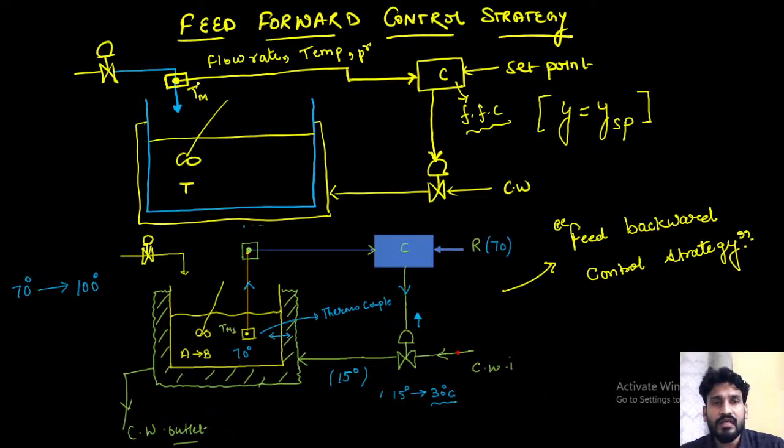This controller, or you can say this measurement, has to be programmed like that, so that every parameter is measured. If the flow rate changes, this has to be measured. If the temperature changes, this has to be measured. If the pressure changes, it has to be measured. So it requires the system information. It requires the identification of all possible disturbances and their direct measurement. It is clear?